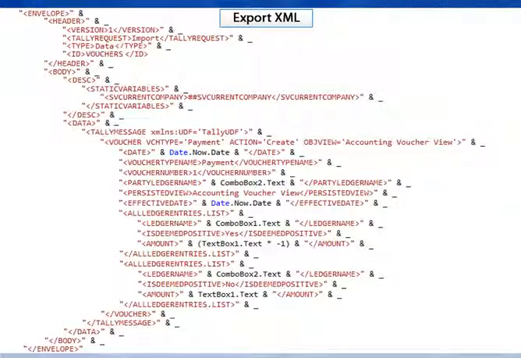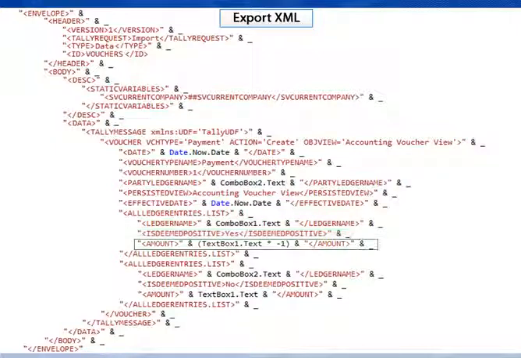Within the voucher tag, sub-tags like date, voucher type name, persisted view, etc. mandatory for creation of a voucher must be available. Optionally, tags like narration, effective date, etc. can also be present. Within a voucher, we have sub-objects, all ledger entries, where debit and credit ledgers are accepted. Each sub-object forms a sub-tag, all ledger entries.list, which contains three mandatory values, that is, ledger name, is deemed positive,